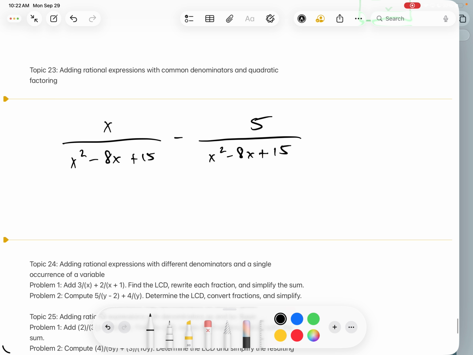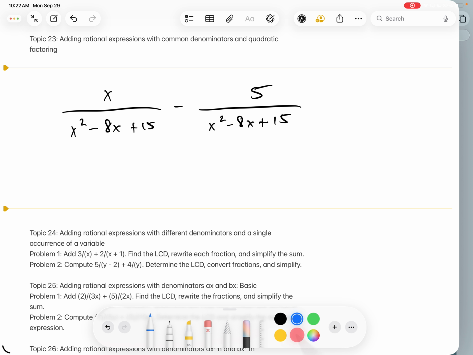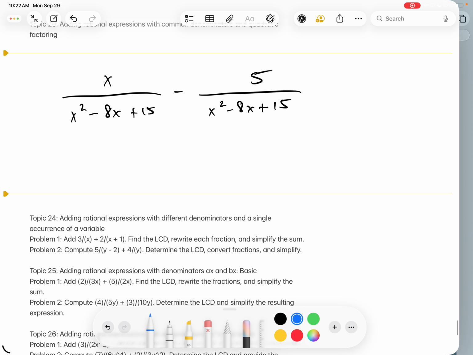Oh, this is a minus, which is fine. It doesn't really change anything we do. We just subtract instead of add. Okay, so when I do this one,